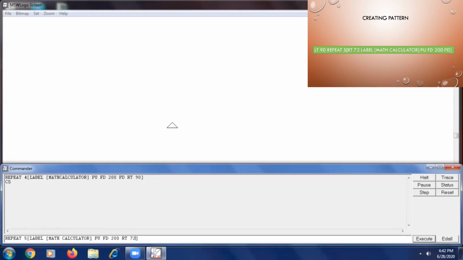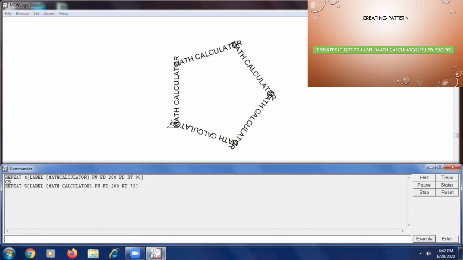I want to draw a pentagon. So how many times should this happen? This should happen 5 times, so it should be repeat 5. Done. Let me press enter and see how it happens.